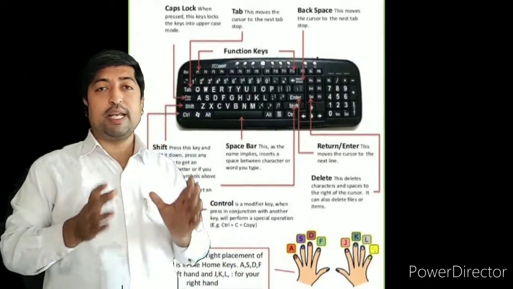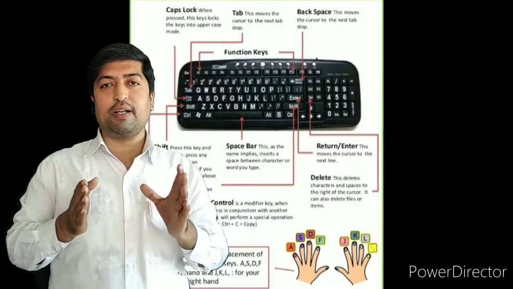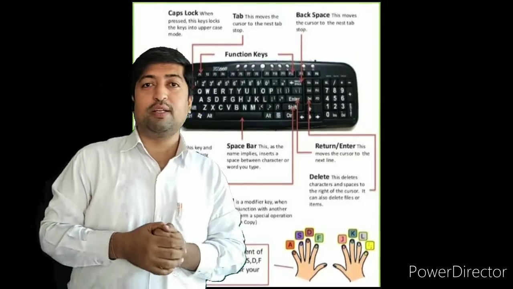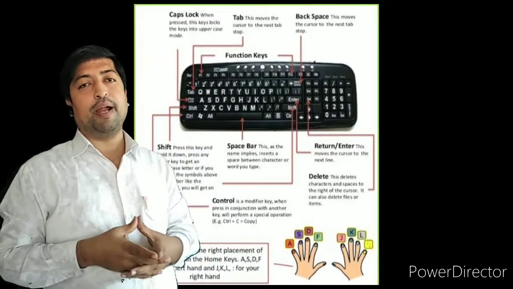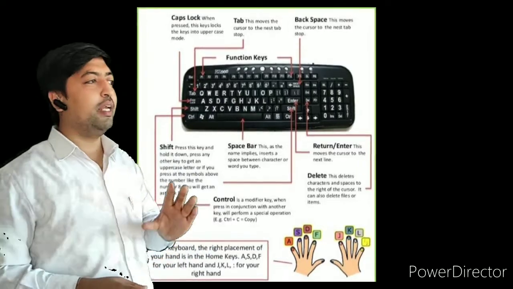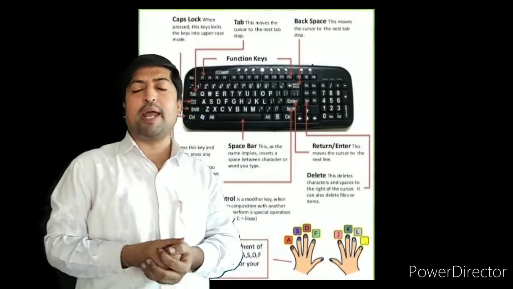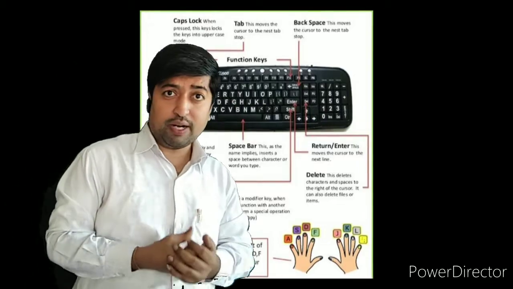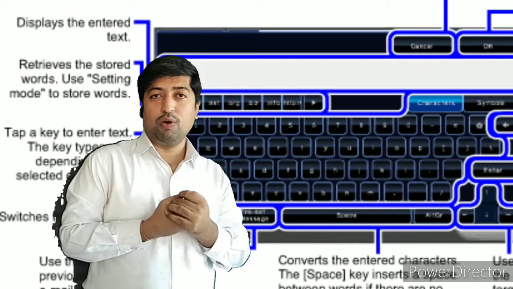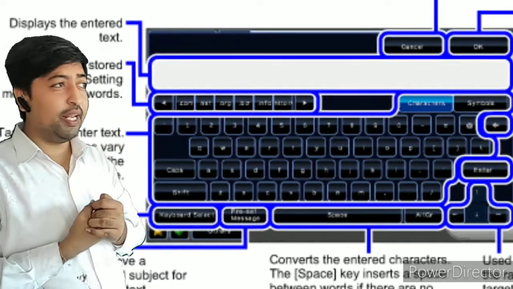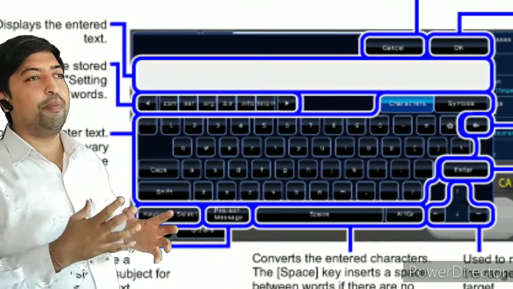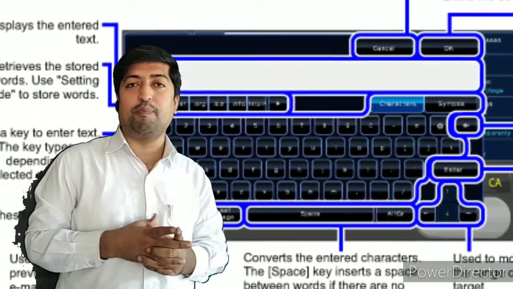Keyboard is divided into different parts. The right part of the keyboard is the keypad with the numeric keys. Numeric keys are useful mostly in the banking sector or our regular life. We can also use the numeric keys for calculations. We can do so many operations and so many calculations with the help of numeric keys.